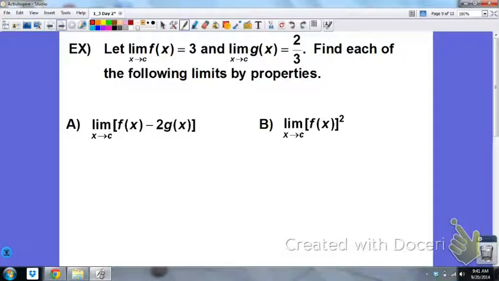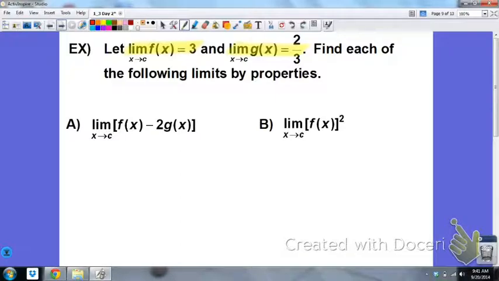Lastly, we have 4 pretty quick problems in which we're going to utilize our properties in order to evaluate our limits. So we're told that the limit as x approaches c of f of x is equal to 3, and the limit as x approaches c of g of x is equal to 2/3. So we're going to use our properties to evaluate first the limit as x approaches c of f of x